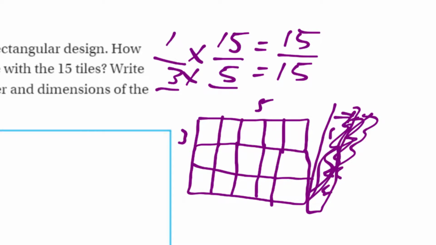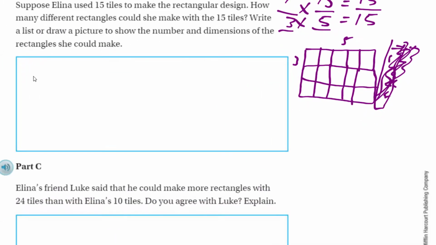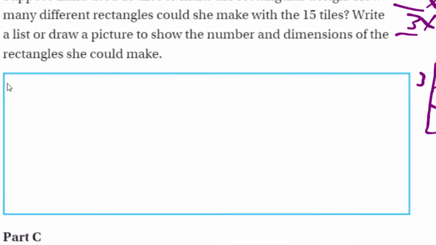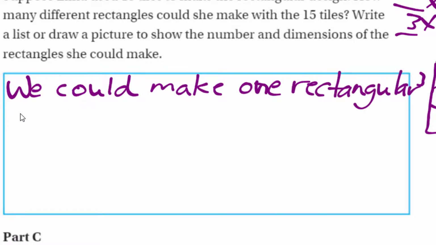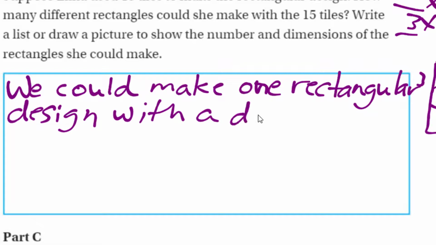We're going to say then, write a list. The list shows the number and dimensions of the rectangles you could make. Oh, that's so sloppy. Let me fix that. Much better. I cleaned up my other mess there too. Let me go slower, it's neater. We could make one rectangular design with a dimension